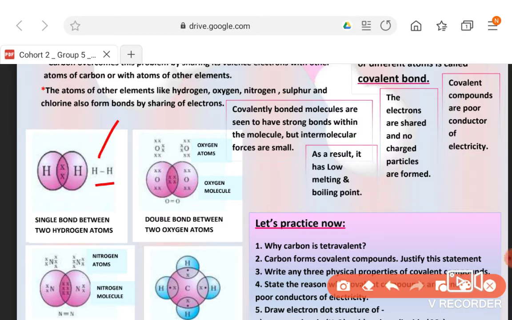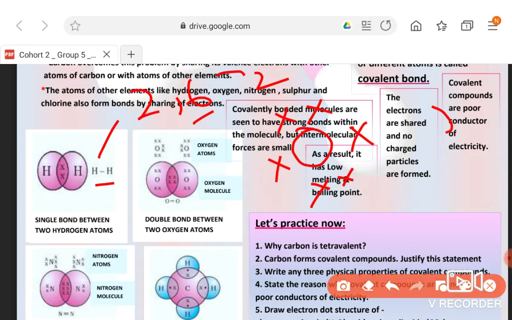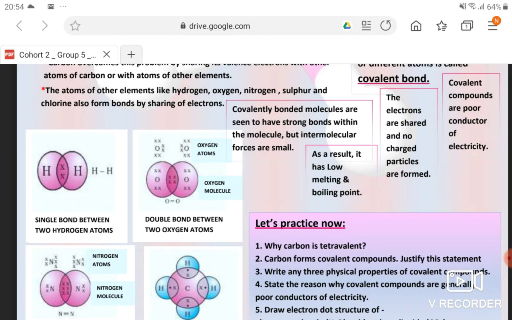Now if we look at oxygen, you all know oxygen has atomic number 8, so its electronic configuration will be 2, 6. The last shell contains 6 electrons, and it wants 2 more electrons. If it can't lose or gain, and can't find another element to lose or gain, it will share with one of its own kind, another atom of oxygen. How many electrons should it share? It depends upon valency. Its valency is 2 because it wants 2 more electrons.